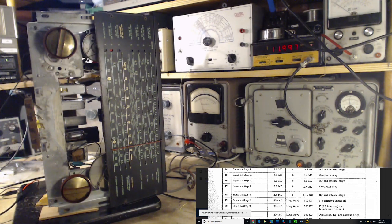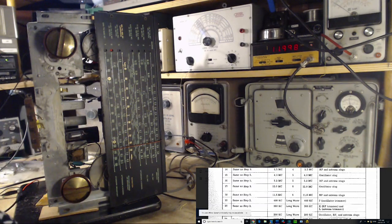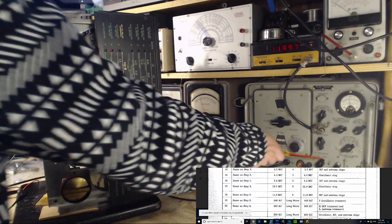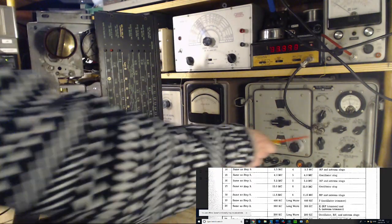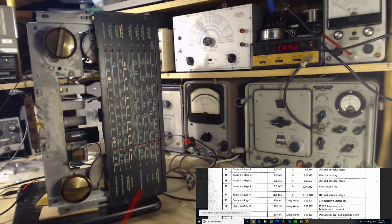Okay, and signal strength's not bad. I mean, the sensitivity of the radio doesn't look too bad, based on where this dial is set. And this. And this. These three work together. Okay. Gotta pop out the strip and do the